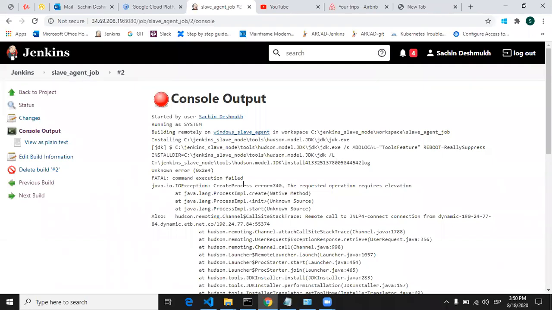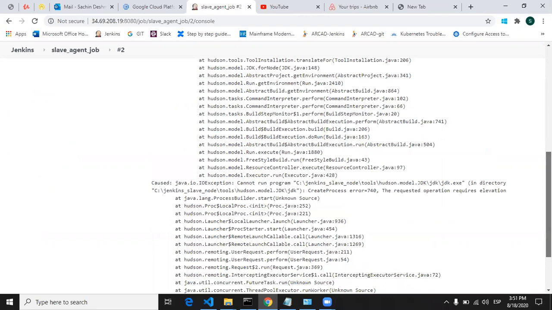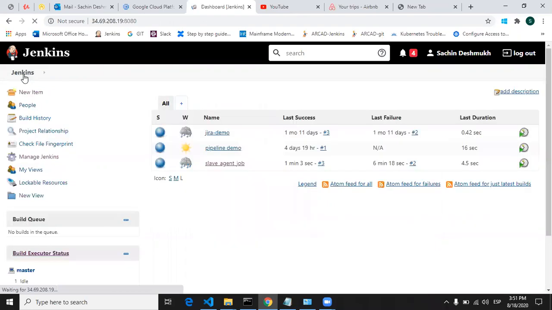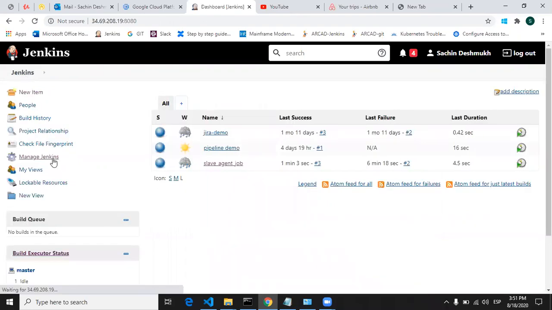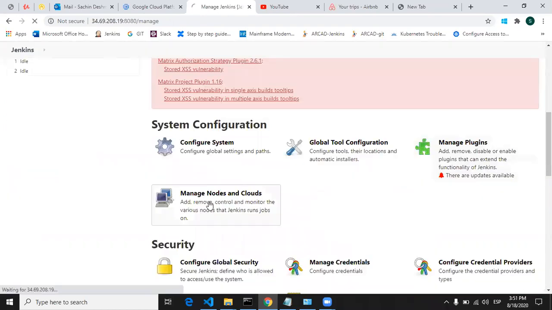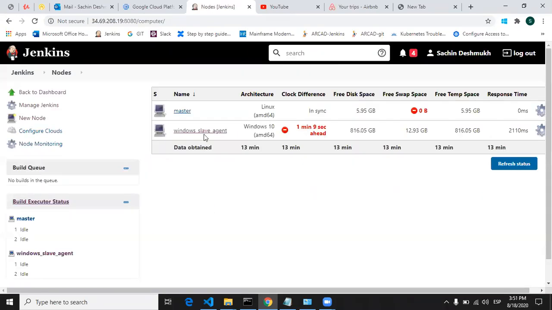Okay, so I was getting an error over here which is related with the by default installation of JDK by Jenkins slave agent. So if you are facing some kind of issue, then what we have to do, you just have to go to Jenkins. We will go to our node, slave node, manage nodes and cloud, Windows slave agent.